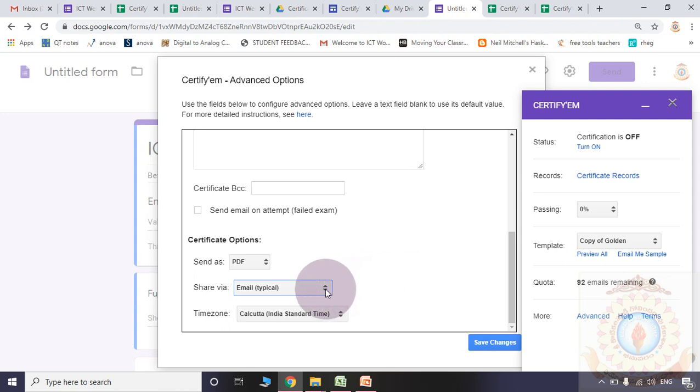There is no chance to send more than 100 certificates for normal users. If in your college G Suite is available, by using the G Suite pack, you may send nearly 1500 certificates within a single day. Without G Suite, we may send only 100 certificates in a day.